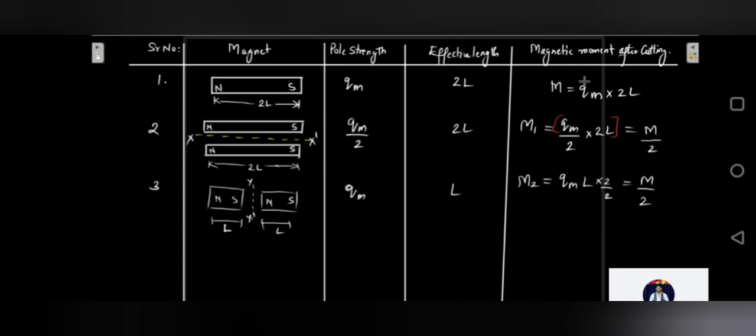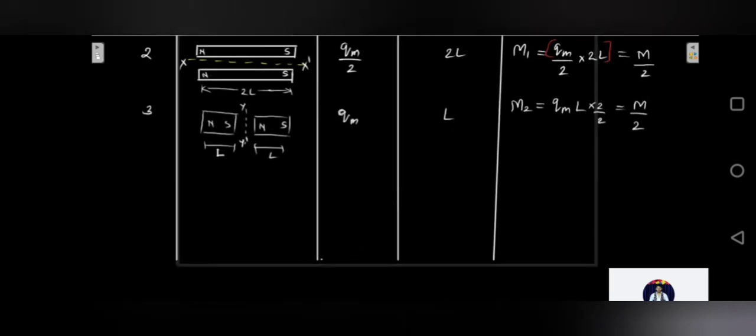Now supposing you cut it horizontally as well as vertically, you make 4 pieces of it. What is going to happen? The fourth case is something like this. So if you get 4 pieces of the magnets, 1, 2, equal pieces those are, 3 and 4. So if you have chopped it like this, if you have chopped it this way also, that is along y, y dash, and x, x dash. This is your north, south, north, south, north, south, north, south.